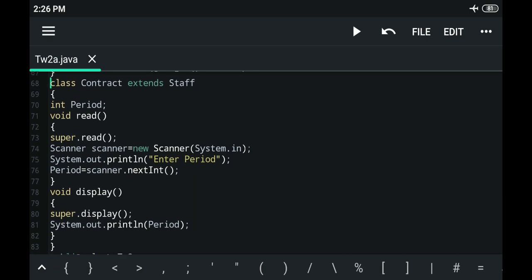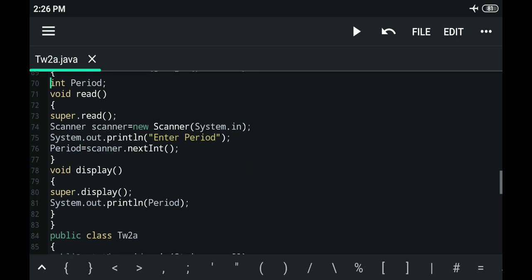Similarly, the third class here is contract, which also extends the staff class. So it means that staff is a parent class which is inherited by three different classes called teaching, technical and contract. An additional field in the contract class is the period.